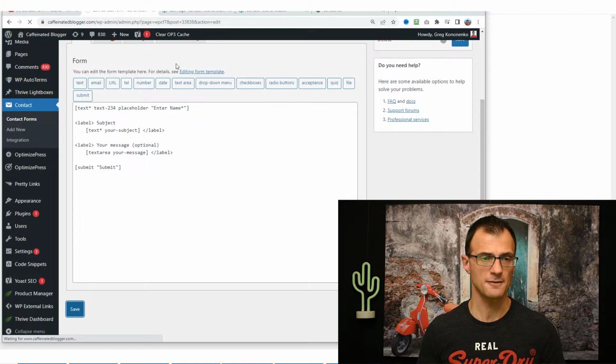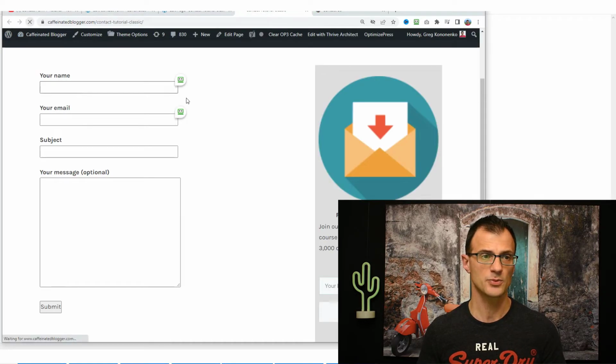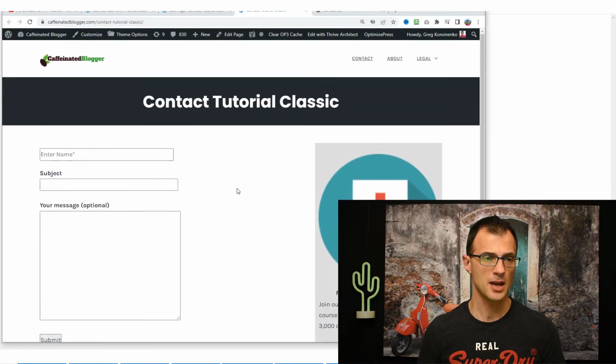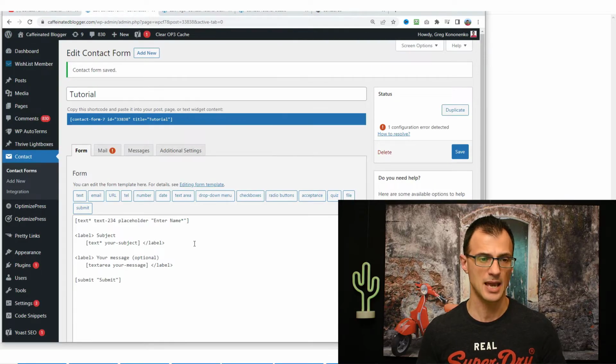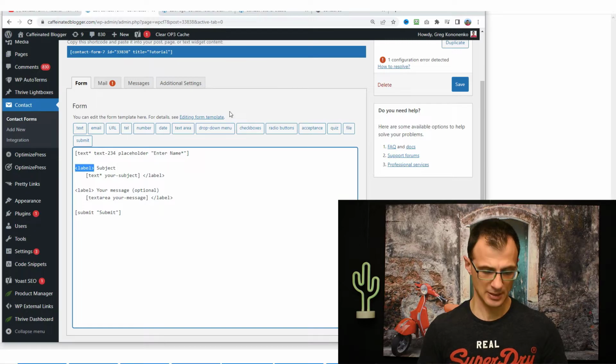Let's click Save, and you will see how this now appears in the actual form. So let's refresh this button over here. And you can see now that we've got Enter Name. So this is the field, and it actually says Enter Name. But what we're missing is this field just above it, so we can enter it in ourselves as text. For this, we just need to use this label tag like this.